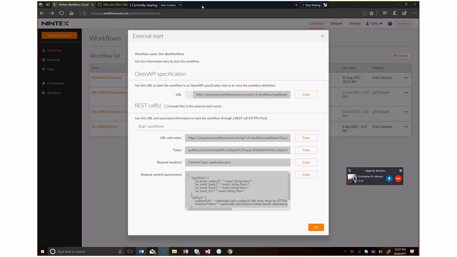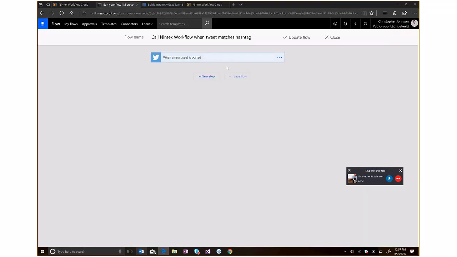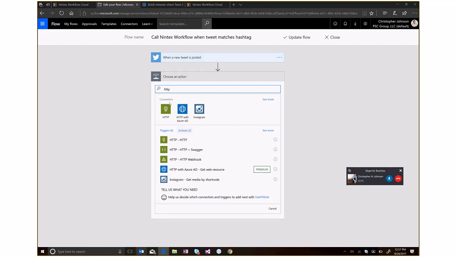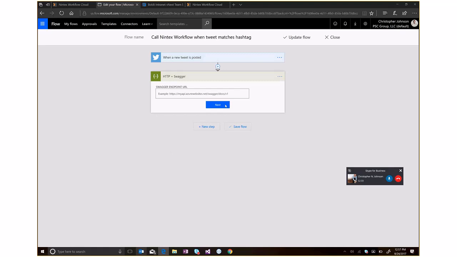And I'm going to go over here in Flow and say, hey, when I find this tweet, I want to go and call that. So if I start searching for HTTP in Flow, I've got this HTTP plus Swagger action. And if I just paste that URL in here and hit next,